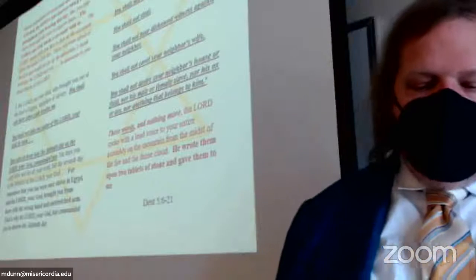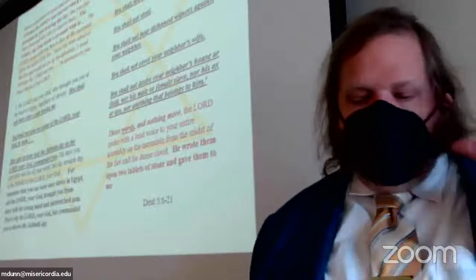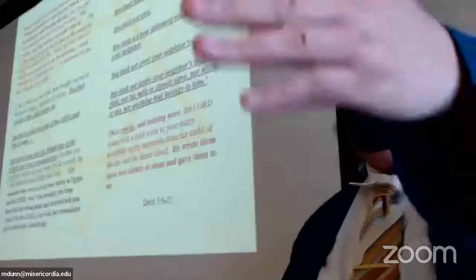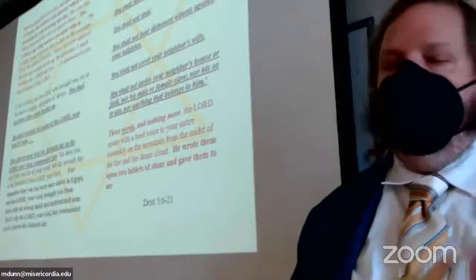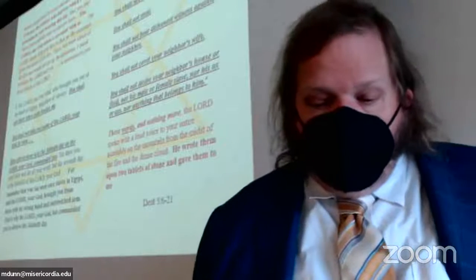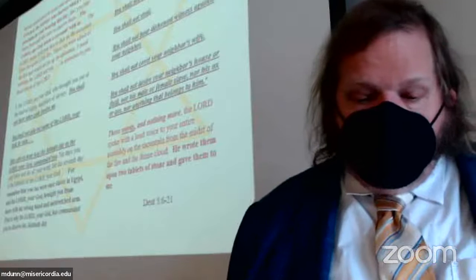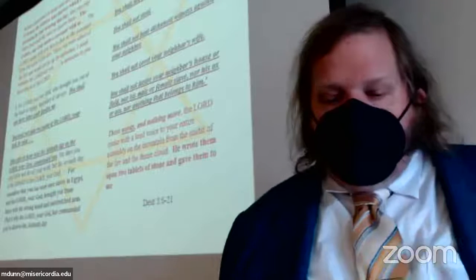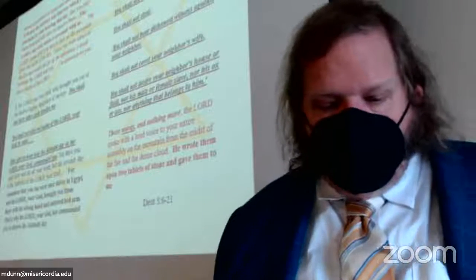So God, who has saved them from slavery in Egypt, now is making an exclusive claim on them. He's saying, I'm the God who saved you, and therefore you are mine. I have an exclusive claim on you, and so these are the rules. I can require you to follow these rules to be in a relationship with me. So he's claiming the Israelites' loyalty in their worship and in their social life.